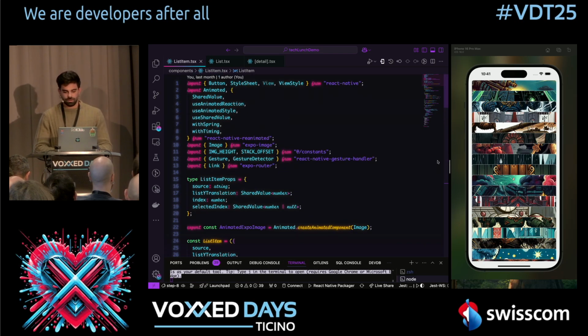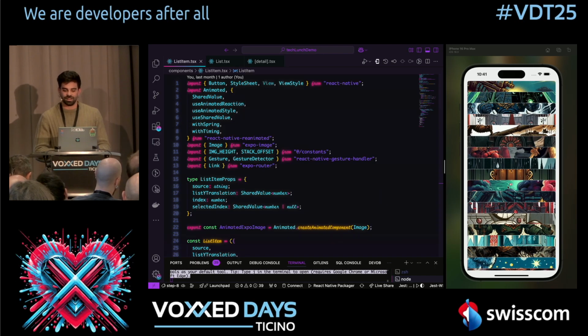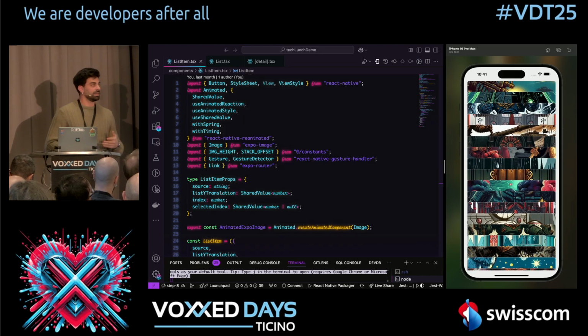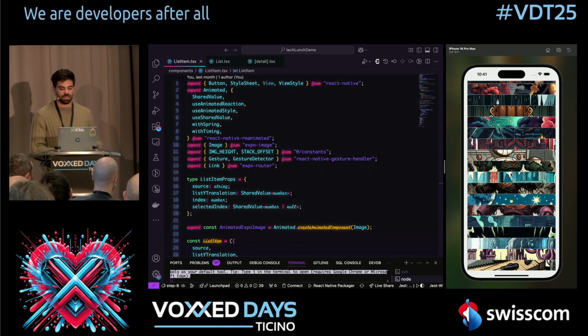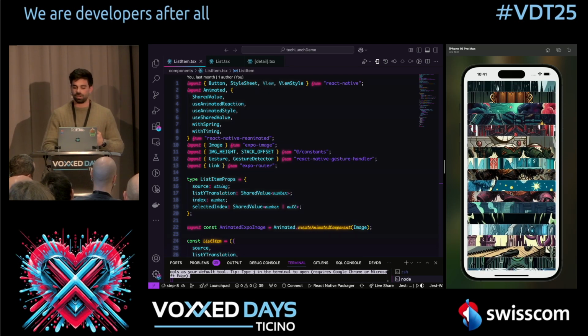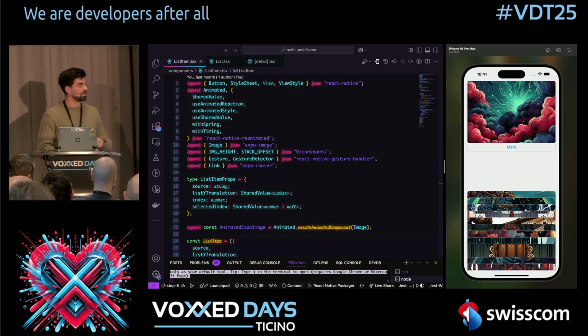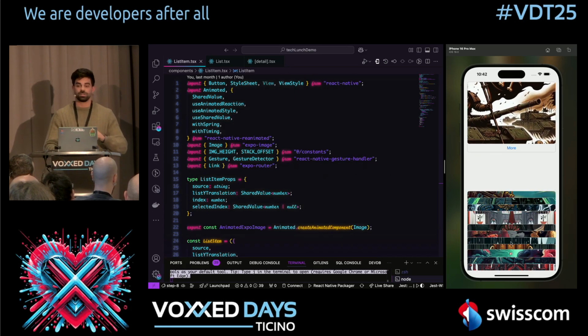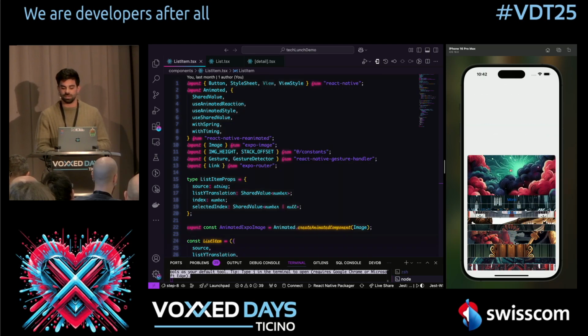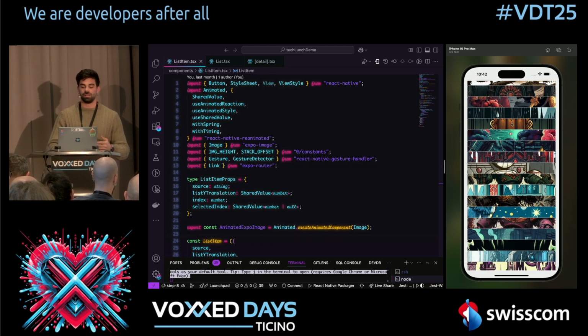So on the right here, we have our end product, which is what we're going to try to build. This is an Apple Wallet-inspired gallery, so we are presented with a stack of cards, and we can scroll through the whole list here. If we tap on a specific image, we see that this one stands up on top, and the others get collapsed to the bottom. If we then tap on another collapsed card, we can switch between the card we selected and the other ones. And if we tap on the same image again, it slides back into its original position